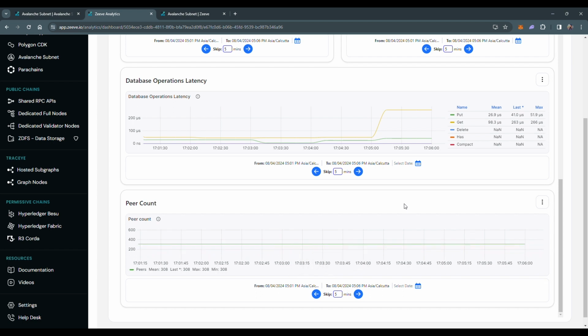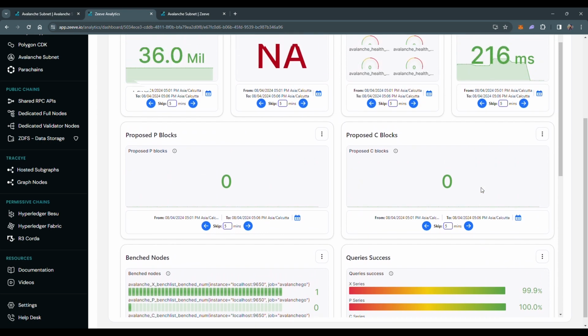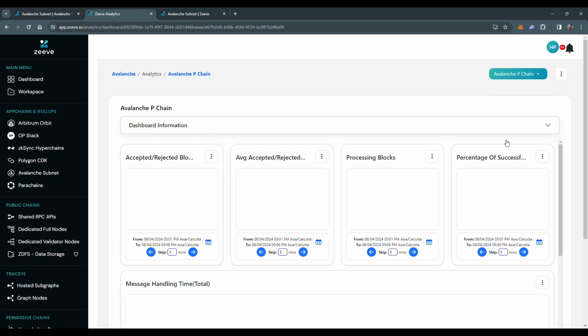Based on these parameters, we also throw out alerts. So let's say if your peer count drops below a certain threshold, then we are able to issue alerts saying that this is looking unhealthy, and this will be presented to you, but also to our support team who can jump directly in. Similarly, we've got a lot of other panels as well,